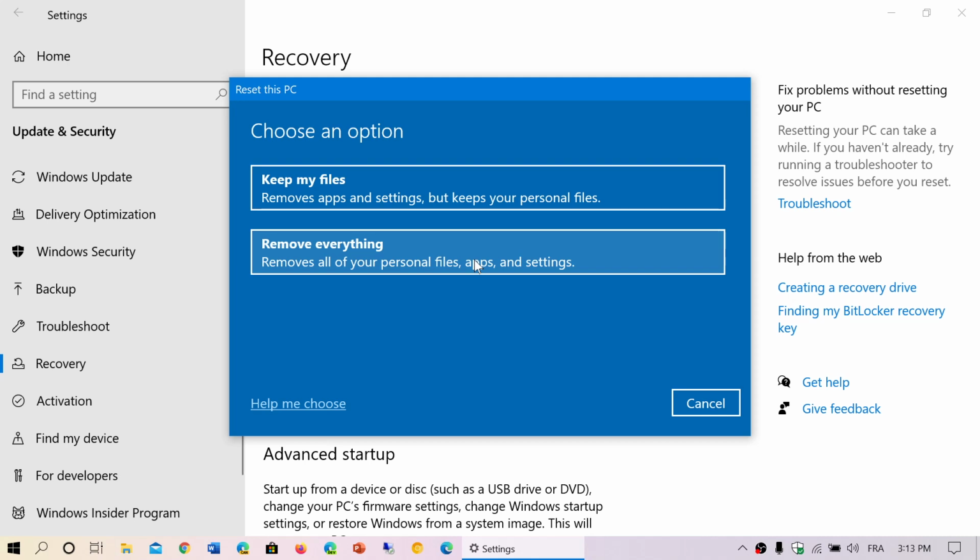The question that I get a lot from people is, is this equivalent really to a clean install of Windows 10? Pretty much. If you choose this option from here, you are going to be pretty much at a clean install of Windows starting from scratch. Because it removes all the software and drivers and everything, you are essentially doing a clean install, but through Windows using this option. So that is something to think about when you actually try it.